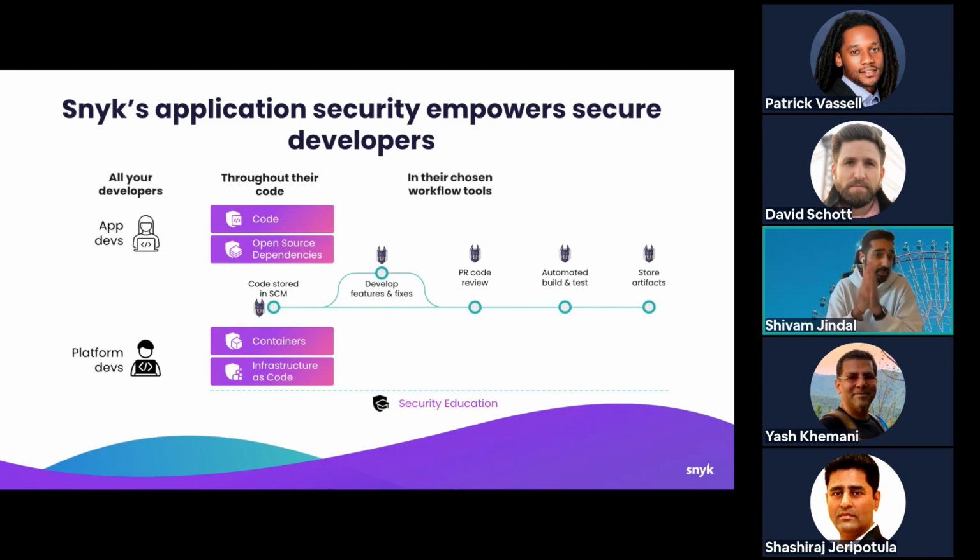And we can continue moving to the right as well. We can scan in the PRs that developers are using. So when they submit new code changes, we can look at, did that new code change introduce any issues? And then, of course, as far right as the container registries or the Kubernetes environments that developers are using as well. We can even bake ourselves, of course, within Terraform Cloud as well.